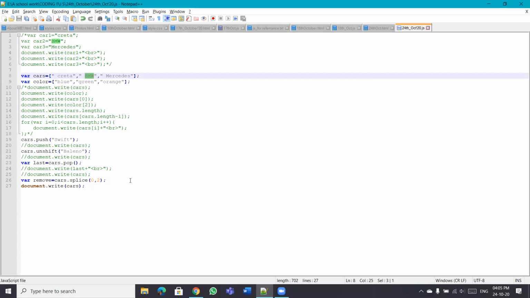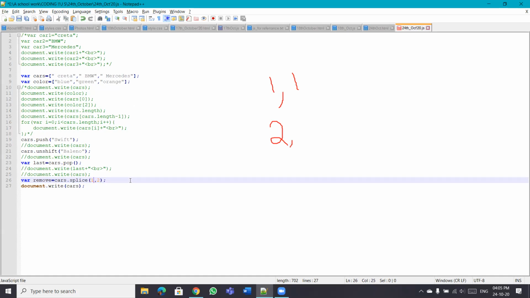Remember, the first thing is the starting position. Whatever you want to remove, go to that position and then say 1, 1. Suppose that position is second, and if you want to remove just that, put 1 there. Okay, sir. Thank you, sir. It's not working.